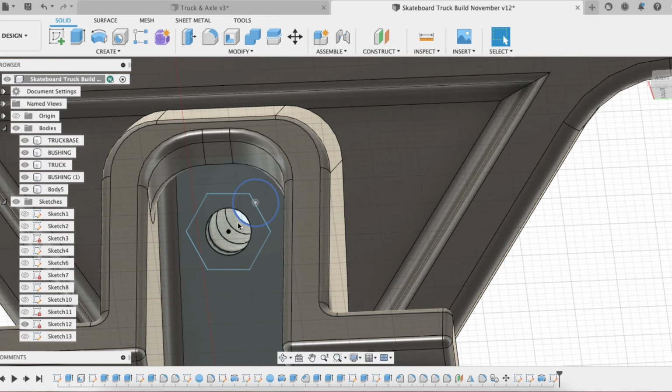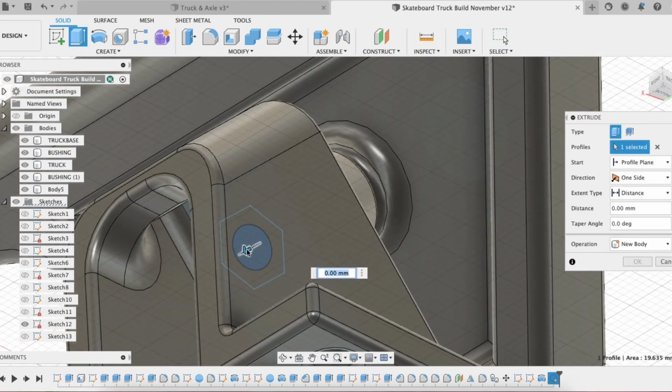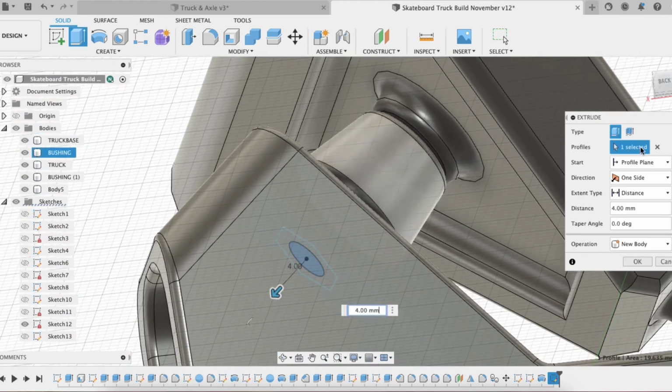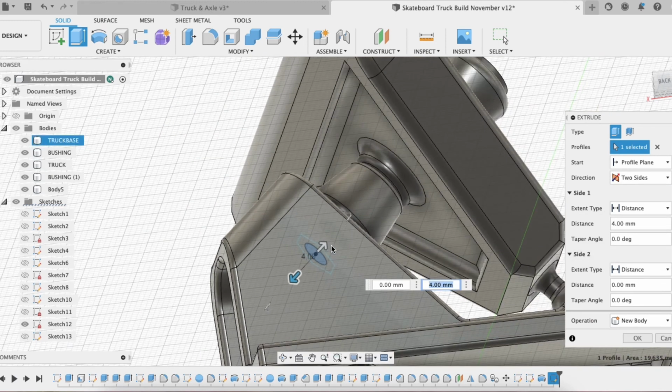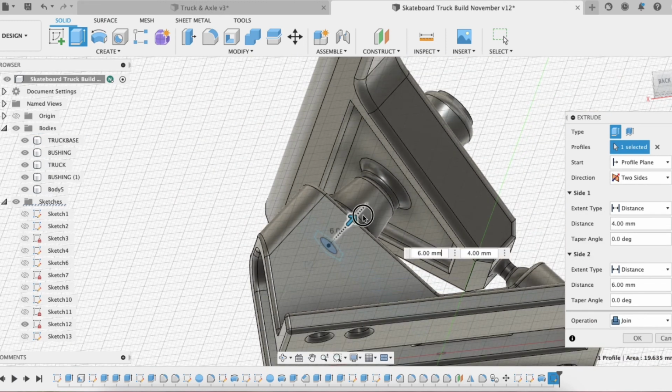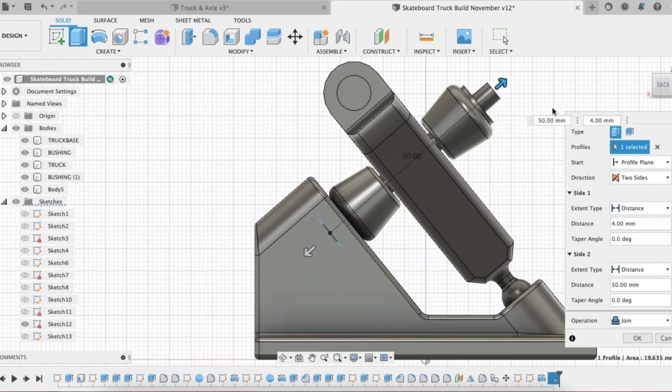We have 2 parts which we can work with. So we're going to extrude this first part. It will come out 4mm, and then we're going to make this a 2-sided bolt. So we have that first extrusion, and then we have this second one, which we're going to say is about 50mm. So 50mm from this point on out. So we're going to make a new body,